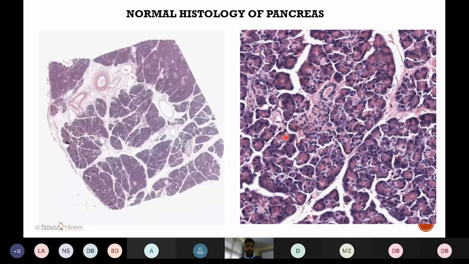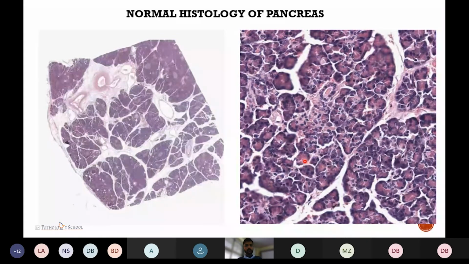So here, as you can see, the exocrine part of the pancreas comprises about 80%. The rest is the endocrine portion. The acini, as you can see, are rounded structures which are blue in color due to high RNA content, due to the high rough endoplasmic reticulum. As you go towards the luminal aspect, you can see it is more eosinophilic. It has abundant eosinophilic cytoplasm. This is due to the presence of digestive enzymes.